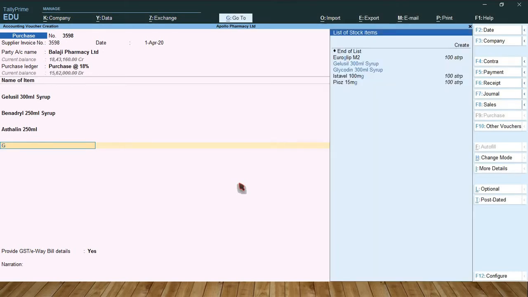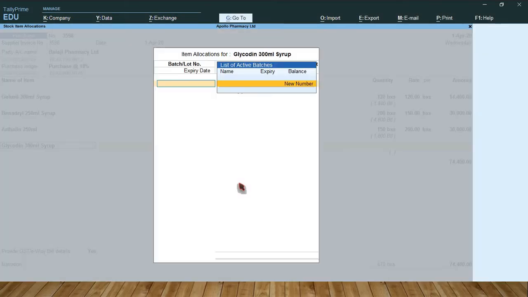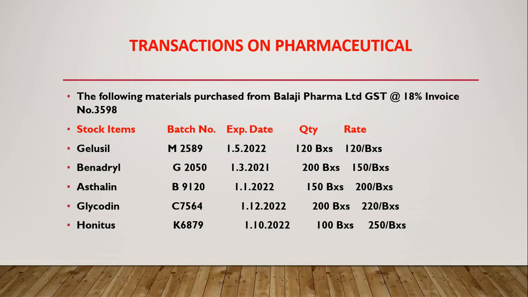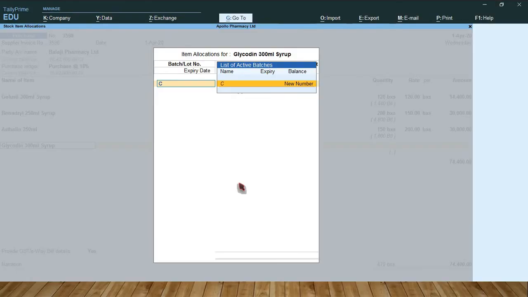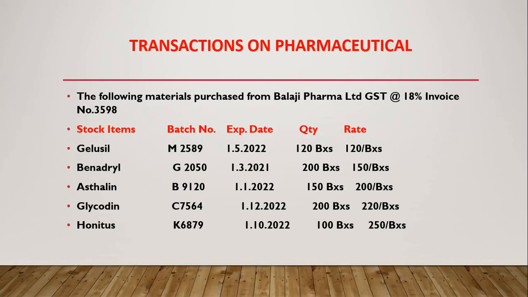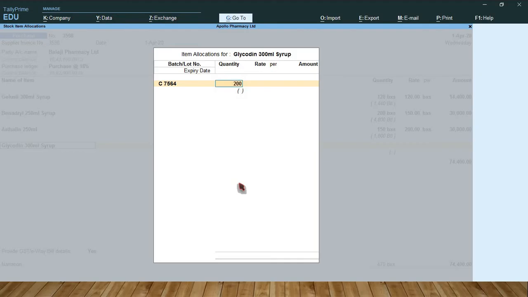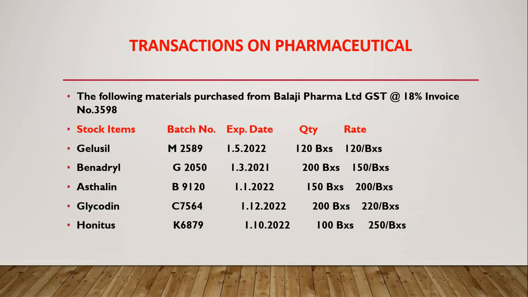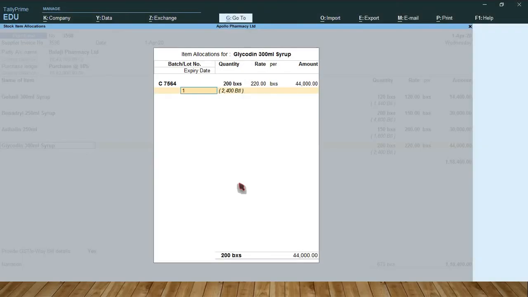Glycodin. So batch number C7564. 200 box, 220 per box. Expiry date 1/12/22.